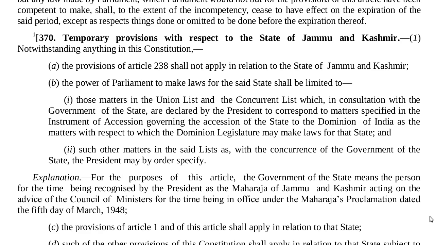Article 370, temporary provisions with respect to the state of Jammu and Kashmir. 1. Notwithstanding anything in this constitution, A. The provisions of Article 238 shall not apply in relation to the state of Jammu and Kashmir. B. The power of Parliament to make laws for the said state shall be limited to: